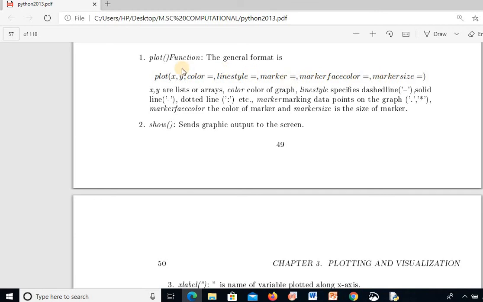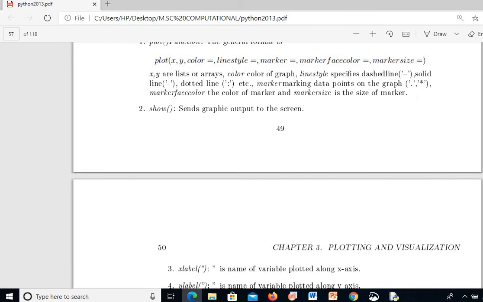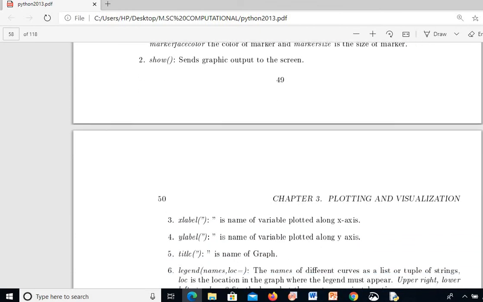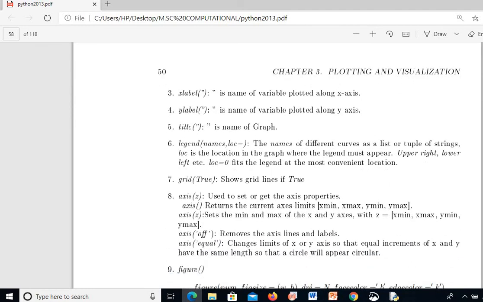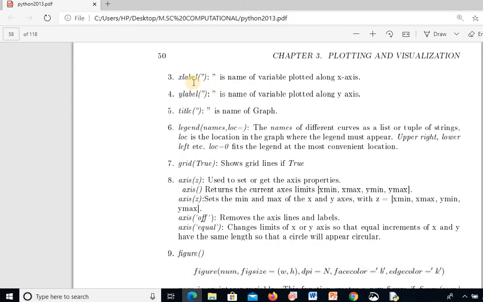For everything plotted to be shown on the screen, we'll have to use the function show with empty parentheses. If there is no show in your program, nothing can be seen in the output window. When we are plotting, we always have an x-axis and we are going to label it. Similarly, we want to label our y-axis. What do you have to write? xlabel, then, for example, position, within the quotes. ylabel, I can put time within the quotes, and title, say, position time graph or phase space plot.